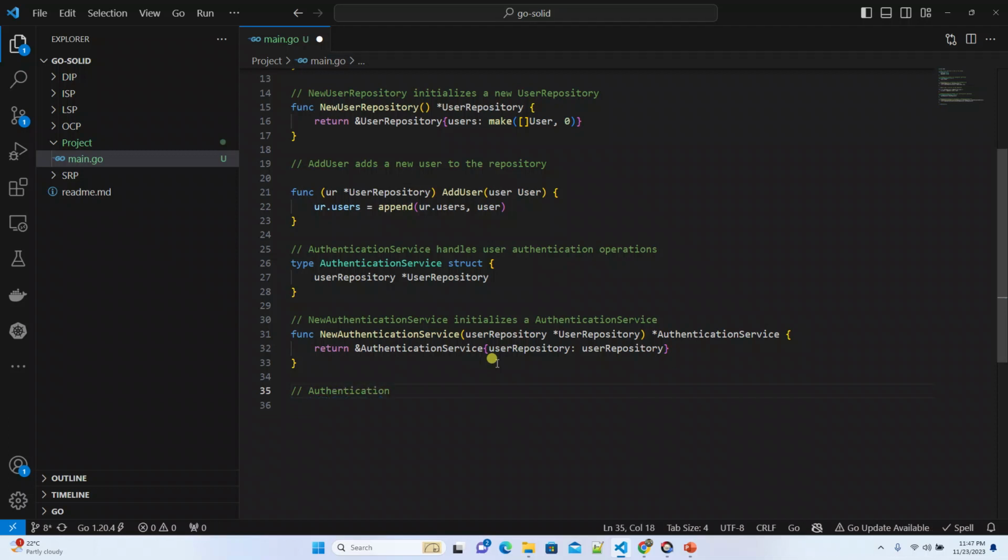So what we will do is: authenticate a user based on provided credentials. Okay,